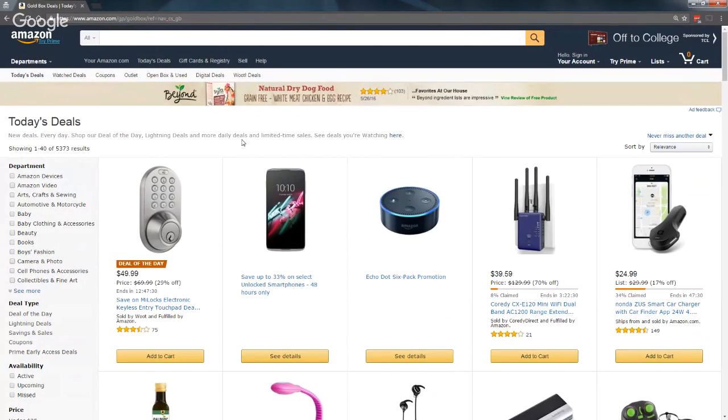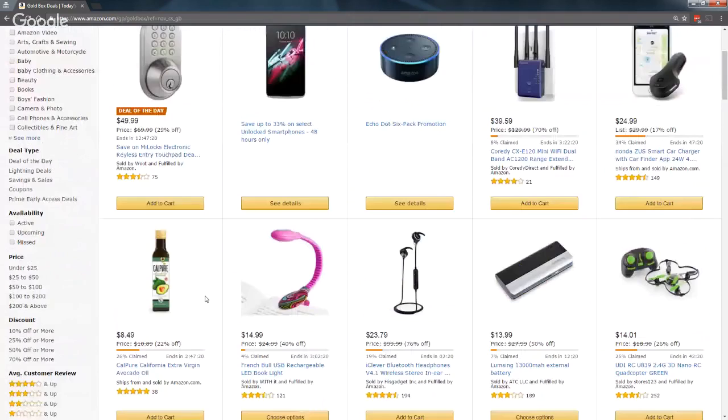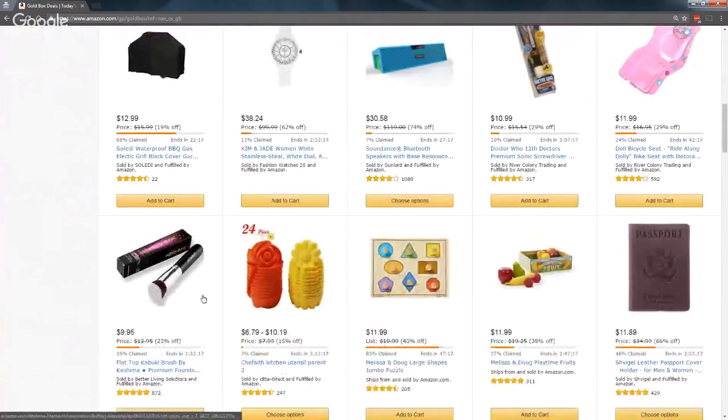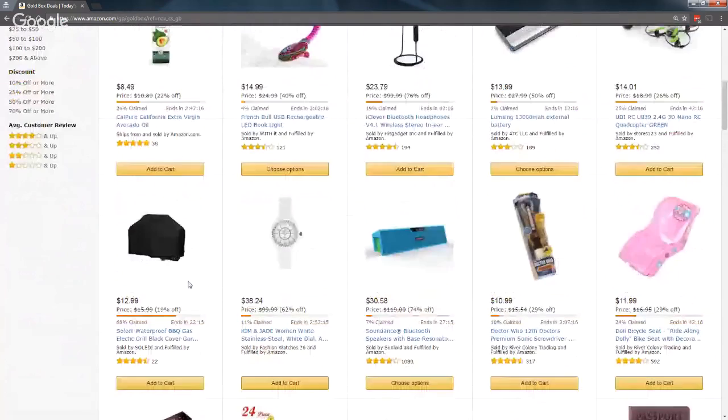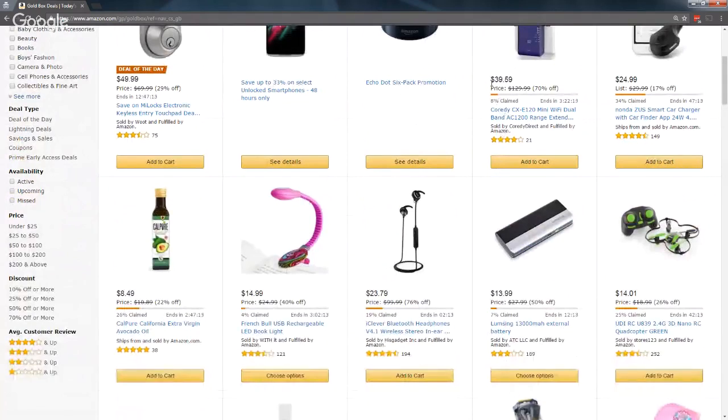All right. So an Amazon Lightning Deal is essentially a promotion that has a limited number of discount offers on an item that you have for sale. And it's only for a short period of time. That short period of time is typically 4-hour blocks or until all of your promotional products are claimed or sold. And